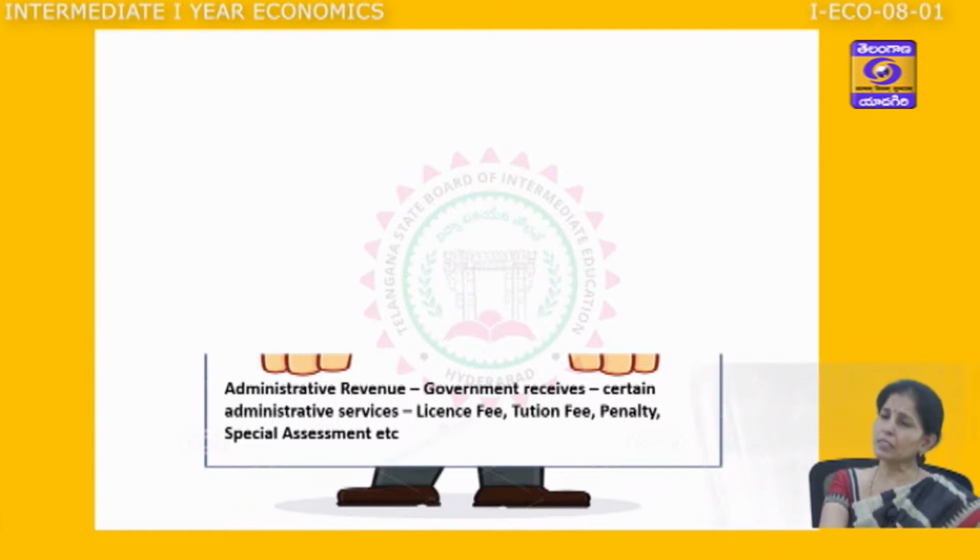There are so many services the government provides to us, and we pay in the form of license fees, tuition fees, penalties, fines. All this comes under the administrative revenue. The next one is